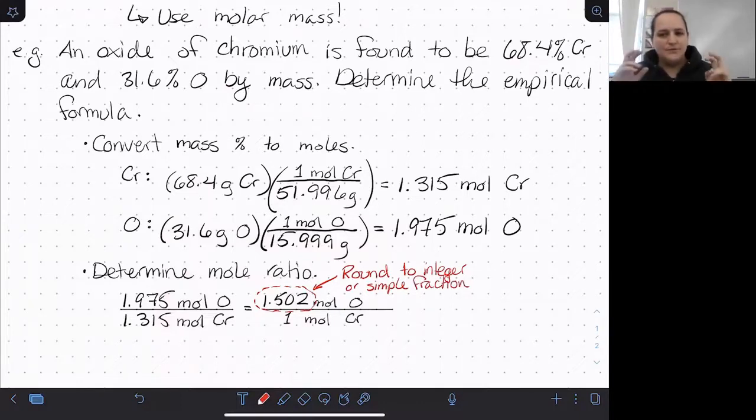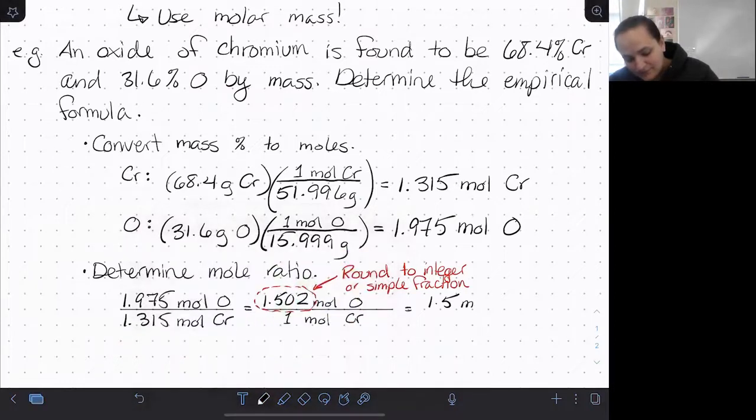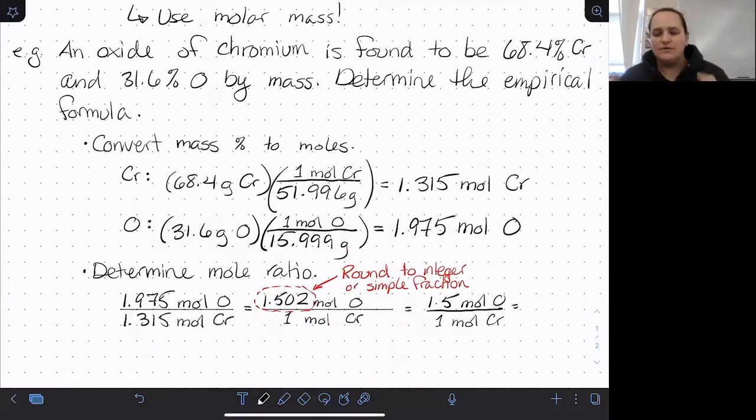So by simple fraction, I'm talking like a half, a third, a quarter, maybe a fifth, but even that is getting a little bit too specific for a lot of things. So 1.502 is very, very close to being 1.5 moles of oxygen per 1 mole of chromium. There we go. So we're still not at an integer, but we're at a place where we can clearly get